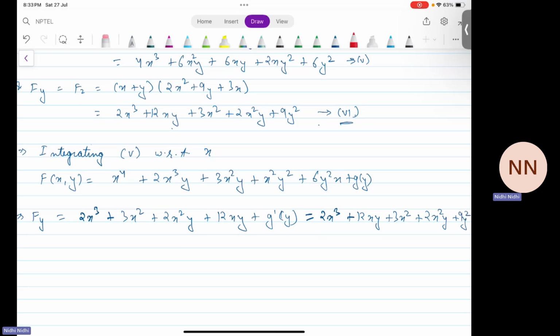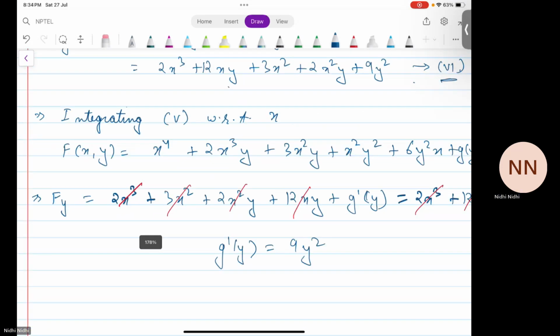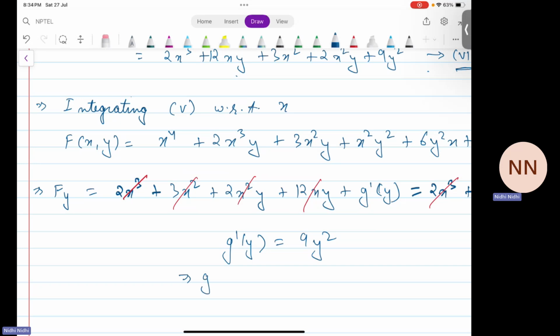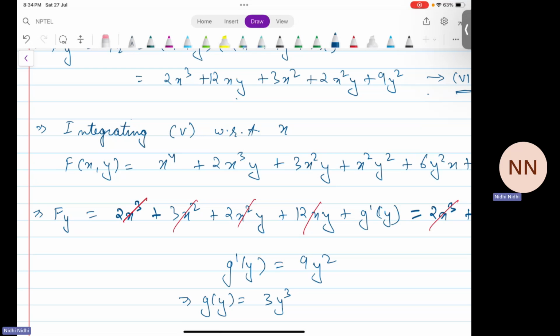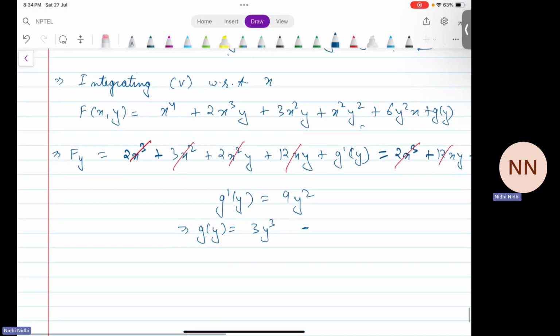Now let's see, these terms get cancelled out: 12xy, 12xy, 3x square, 3x square, 2x square y, 2x square y. So we are left with g dash y is equal to 9y square, which gives us g(y) is equal to 3y cube. Putting this value of g in the expression for function f, we get